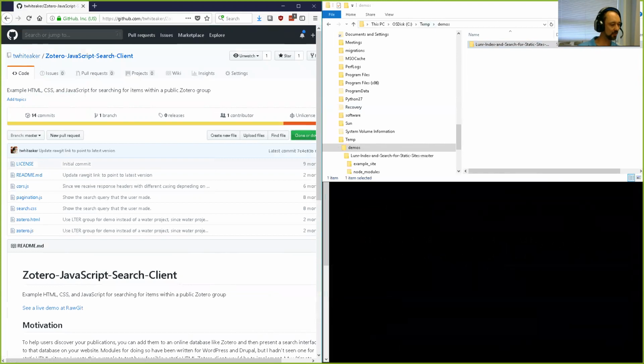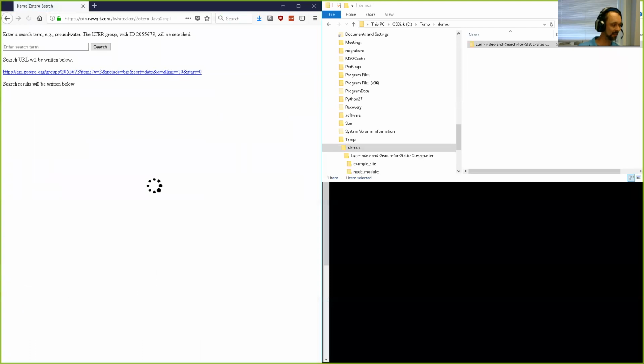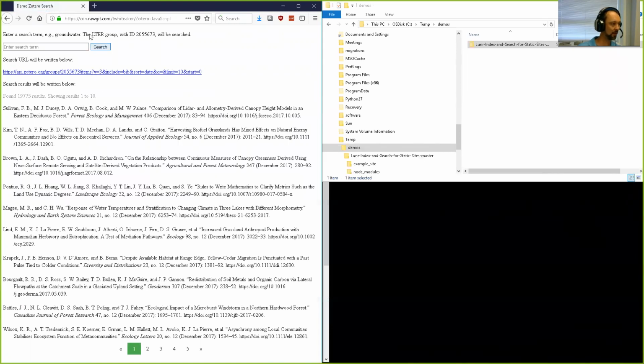Actually, you know what? Let's just show a live demo of this. I do have links for the Lunr example and the Zotero example to a live demo. Remember, it's so easy to host a static website that these example websites I've got are hosted somewhere out there in the internet world for free. So if I click this link, it takes me to a web page hosted at rawgit.com,